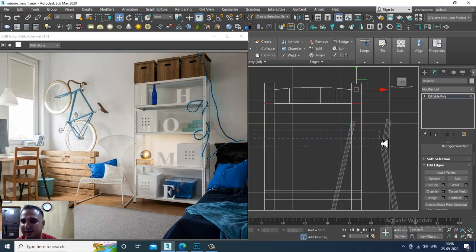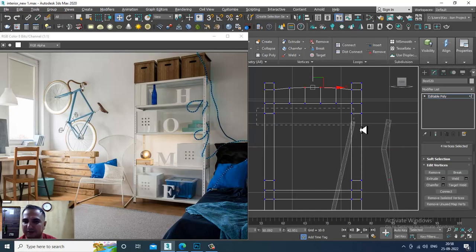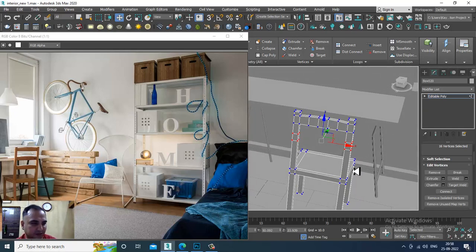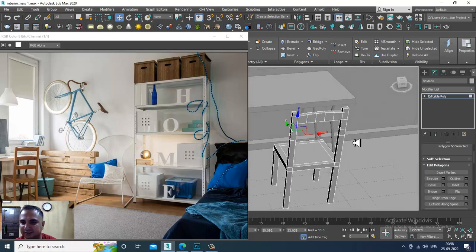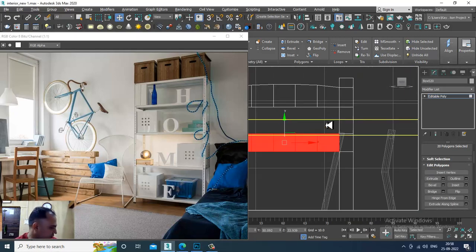Again I will select the edges and let's give two connect over here. Shuffle this a bit down. Again push this up slightly. Select the polygons over here. So I'll just select these polygons over here and I'll give bridge. Again I'll go into the